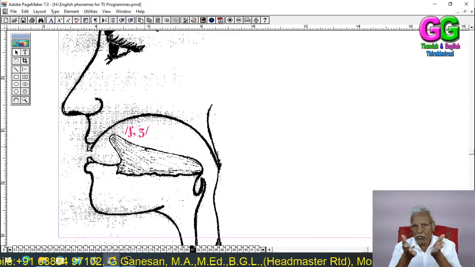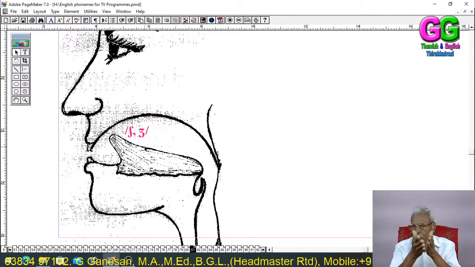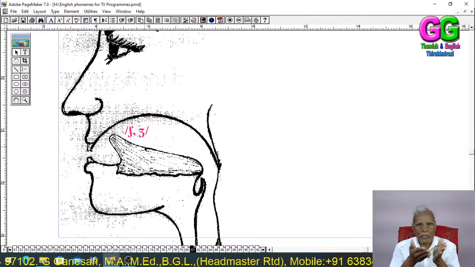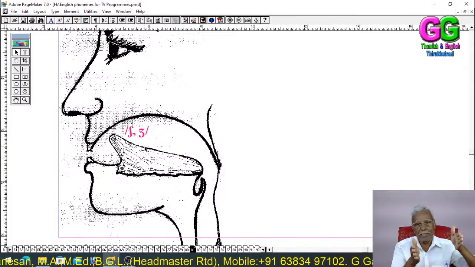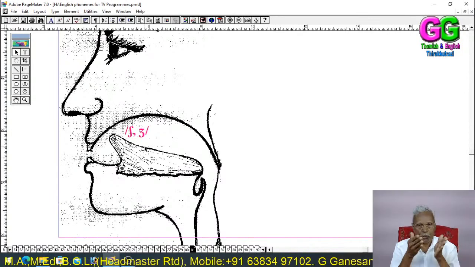We should narrow the area of the tongue between the tip of the tongue and the middle of the tongue. This area should be narrowed,